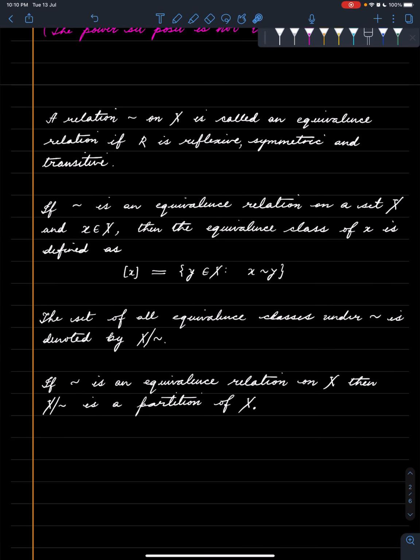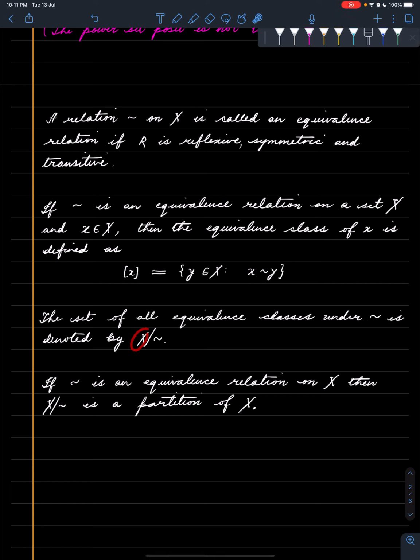All right. And then we discussed the notion of an equivalence relation. An equivalence relation is a relation on X which is reflexive, symmetric, and transitive. It's a very important class of relations. We saw that the equivalence classes of an equivalence relation partition the parent set. The equivalence classes are defined this way: basically the collection of all elements of X which are related to a given element. That is the equivalence class of the given element. The set of all the equivalence classes is denoted by this symbol, and we noted that this is a partition